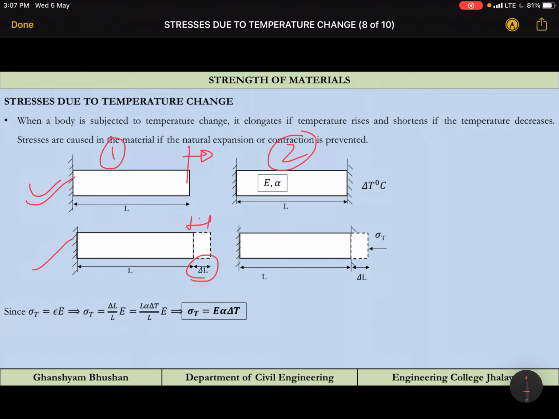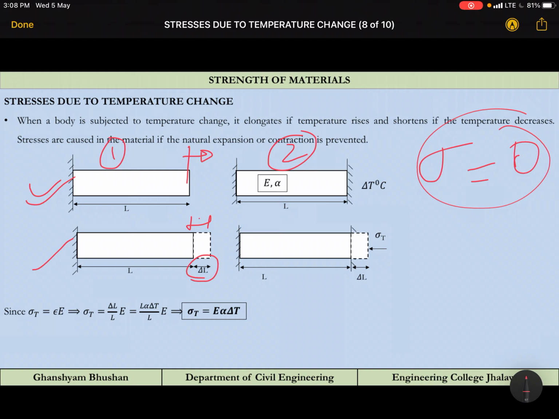Now what will be the stress here? Sigma will be 0. Now you will ask, sir, why is it 0? Because the bar is free to expand. What was the definition of stress? It is an internal reaction when we are fully or partially restraining the structure from expansion or contraction. But here it is free, and if it is free, then no stress is generated.